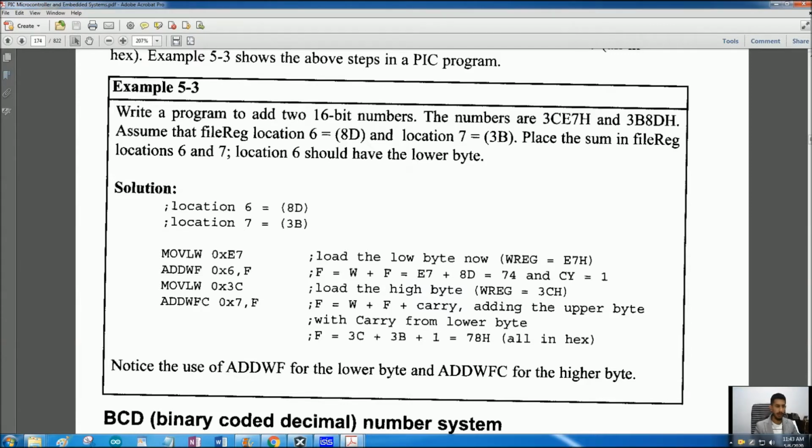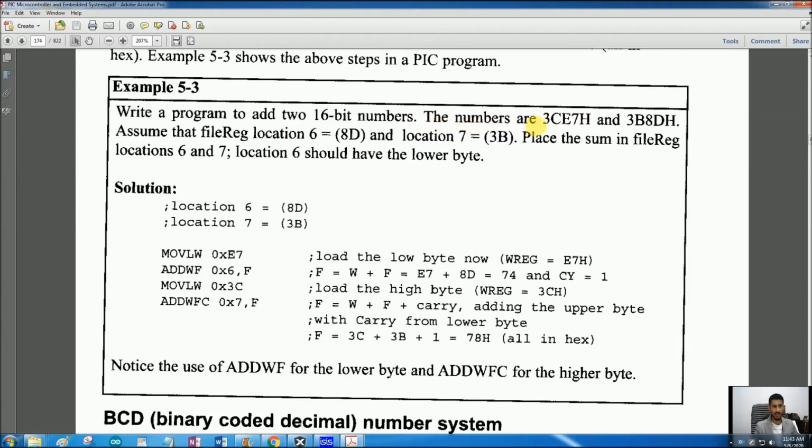Okay, so let's do example number 5.3 of your textbook by Mazidi, PIC Microcontrollers and Embedded Systems. You can see here it is page number 174 and this is example number 5.3, and in this example we are supposed to write a program to add two 16-bit numbers.